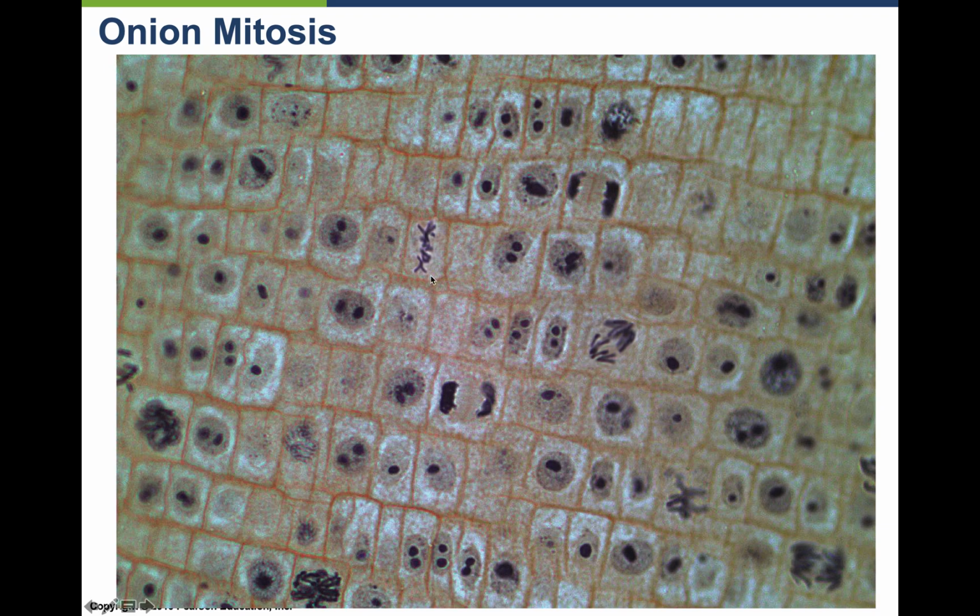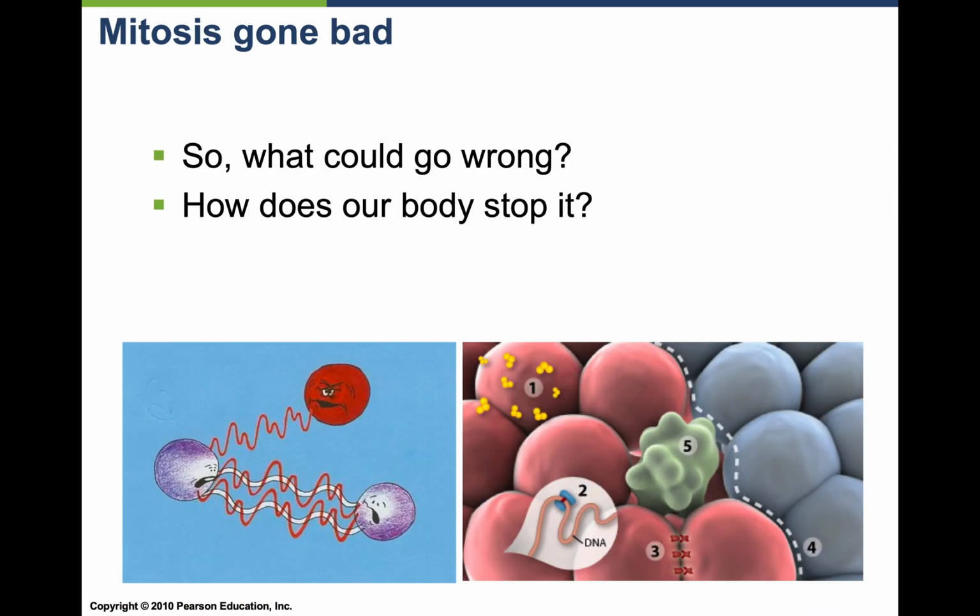What's going on here? You've got some stuff pretty far along here. You can see the origins, this is in a plant, keep that in mind, see the origins of a cell wall there. You should be able to go through and find some good examples of each one of those. Okay.